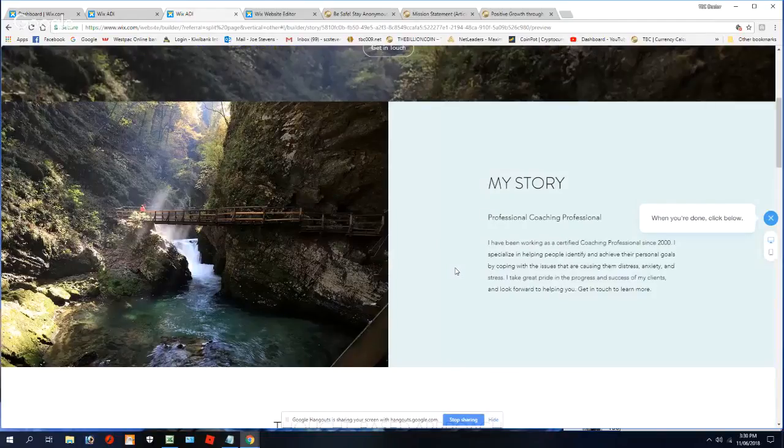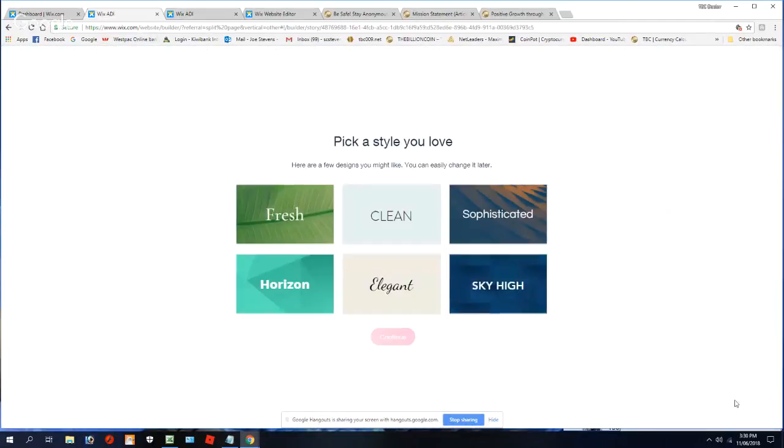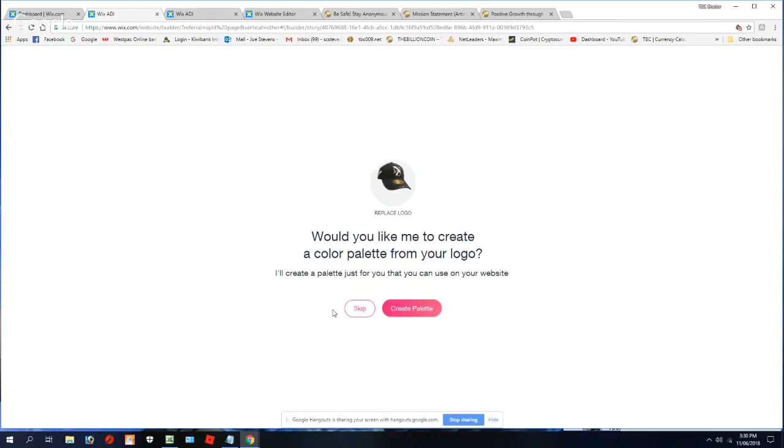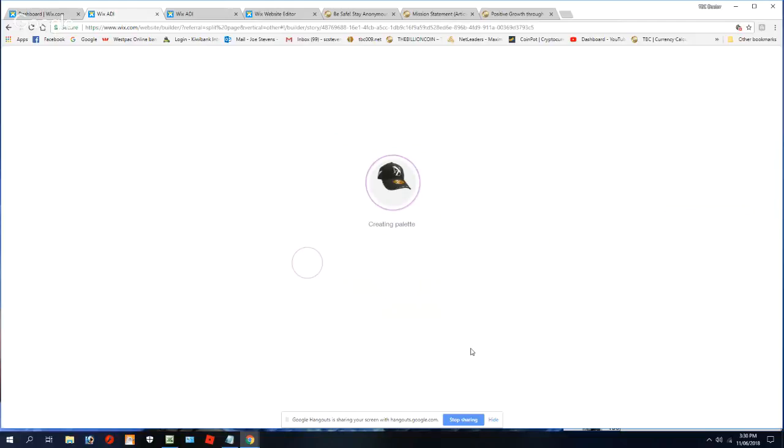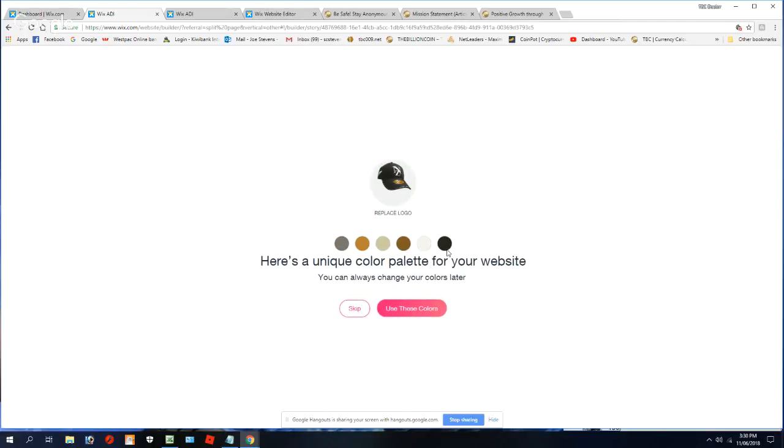Well, I had Wix's hand, so I'll just create one fresh and continue. We create a color palette from your logo. Oh, why not? There you go, and they'll use that color palette for their writing, backgrounds, whatever.